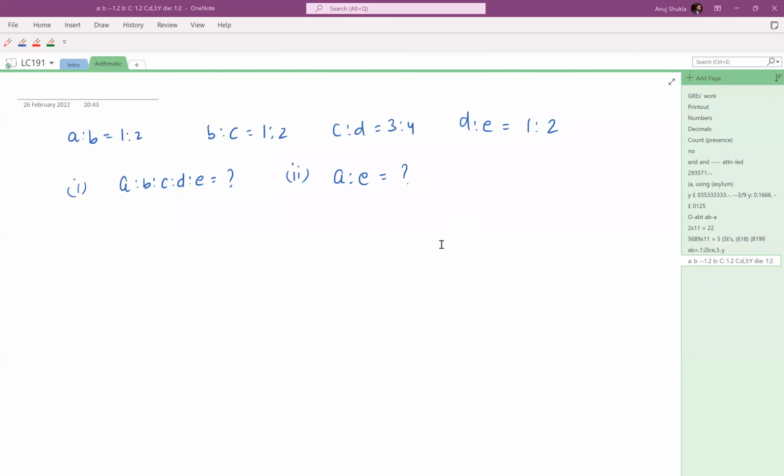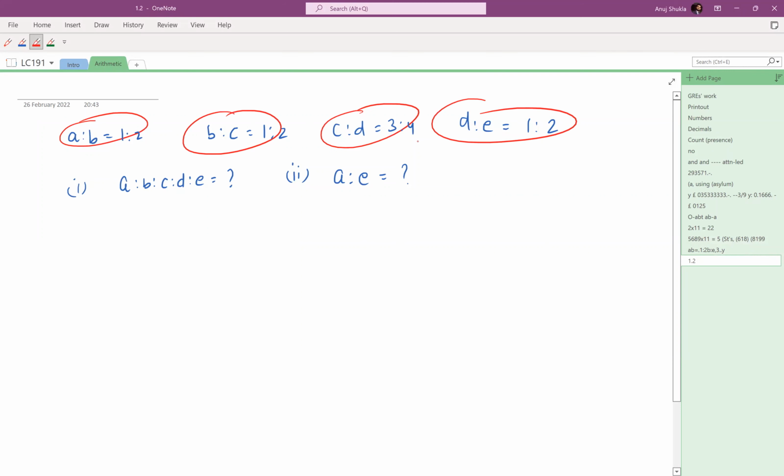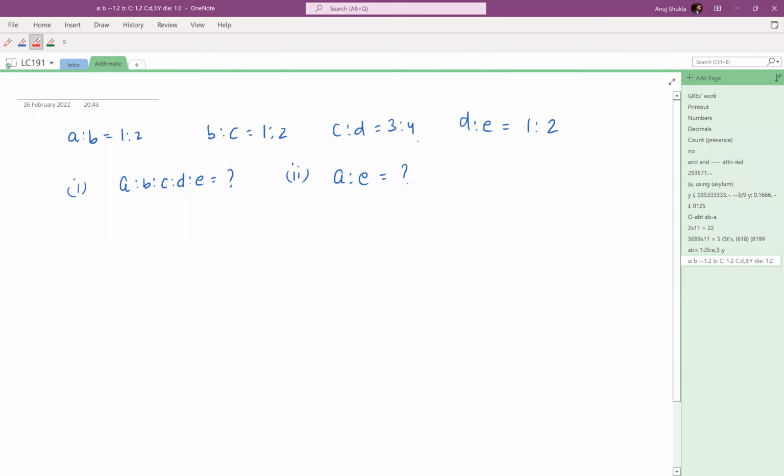So this question: how do you solve these kinds of questions where there are not just one or two ratios, but you can see 1, 2, 3, 4 ratios? Then how are you going to combine these ratios? There are two methods. Whichever method you find easier, you can follow. Okay, the first method is